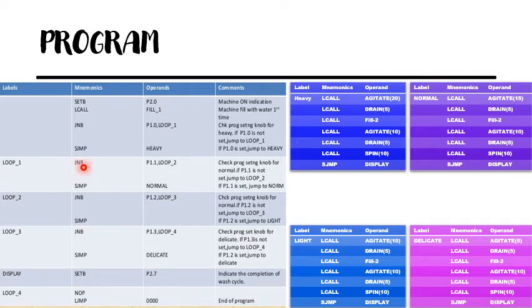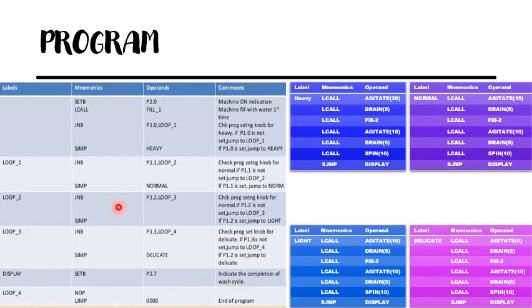Next, jump if no bit. Check the program setting knob for normal. If port 1.1 is not set, then it will jump to loop 2. If it is set, it will be in normal mode. JNB port 1.2 checks the program setting knob for light. If port 1.2 is not set, it jumps to loop 3.